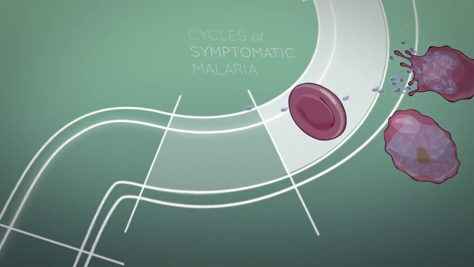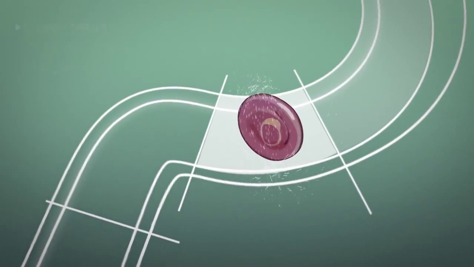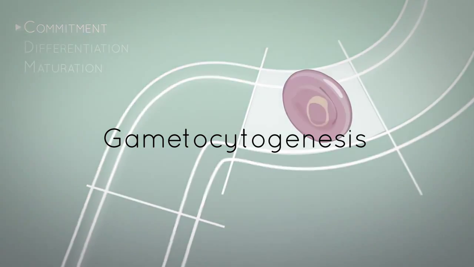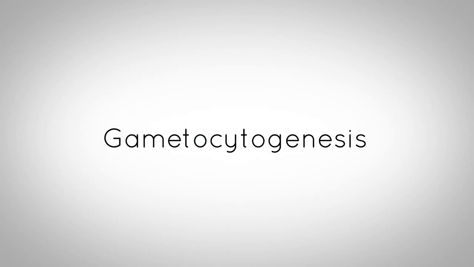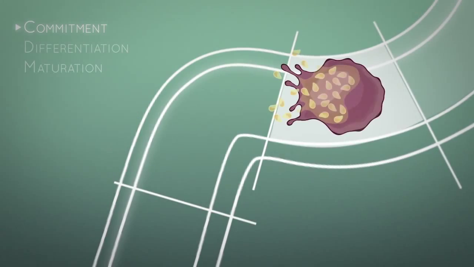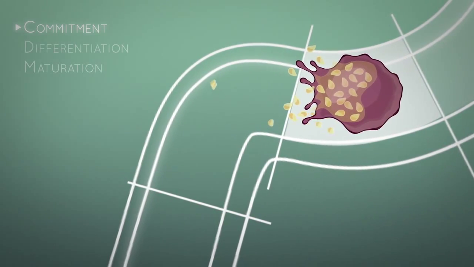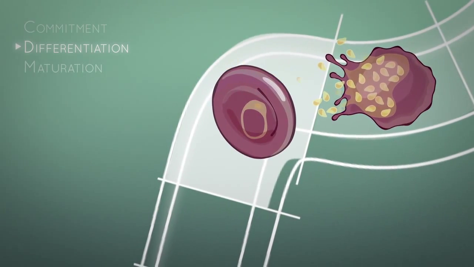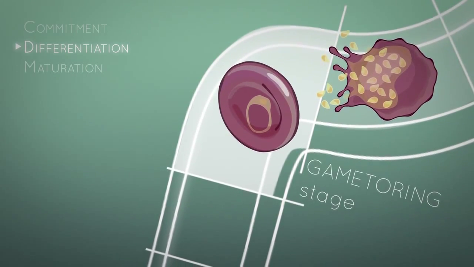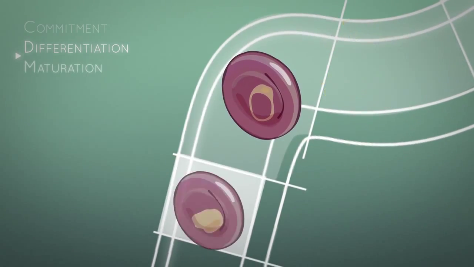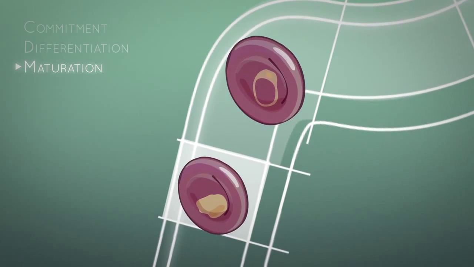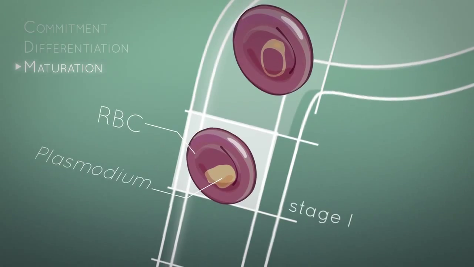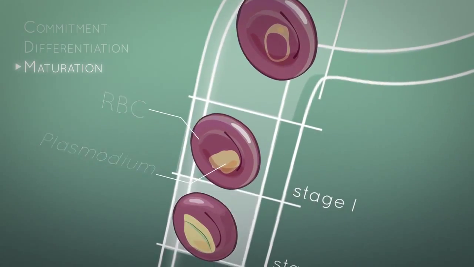A subset of these asexual parasites receives a commitment signal that initiates sexual differentiation, or gametocytogenesis. Merozoites are then released from sexually committed schizont-infected RBCs, invade a new RBC, and form the gametoring stage. Maturation, the final phase of gametocytogenesis, is initiated, and the gametoring enters a cellular differentiation process, divided into 5 developmental